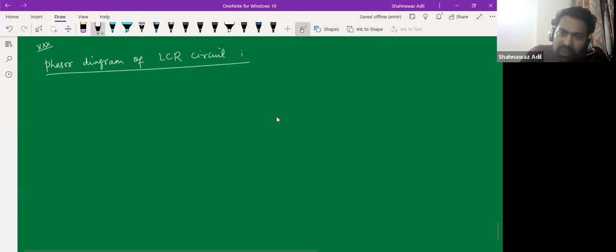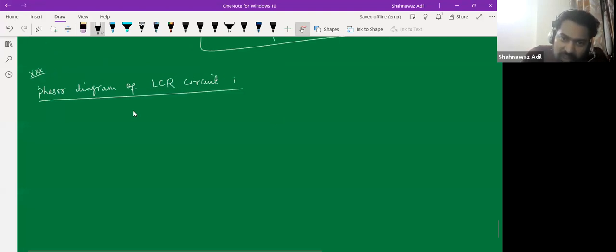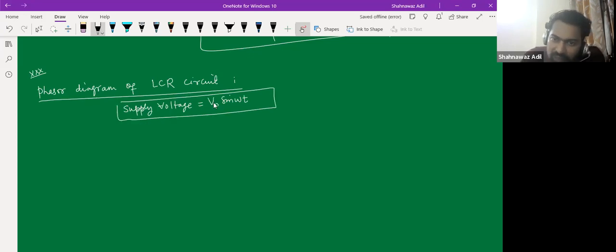So we know that, what do we know? Supply voltage. We have to assume that the supply voltage is V naught sine omega t, right? So the voltage is making this angle, and your current is I naught sine omega t plus phi,